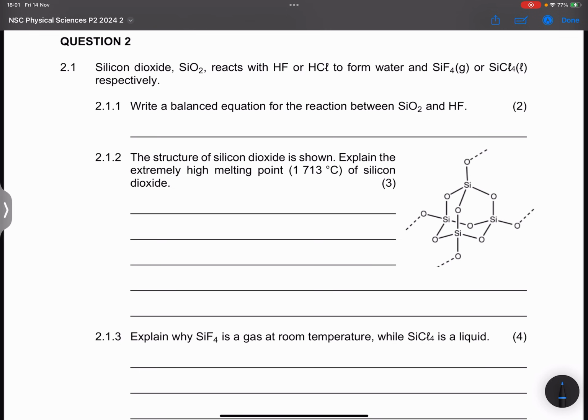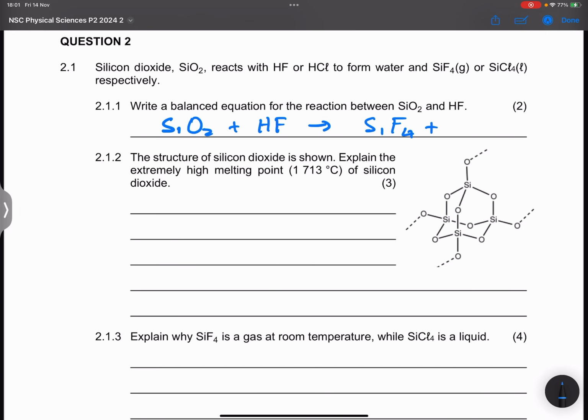So let's see, we've got silicon dioxide plus hydrogen fluoride, and remember they told us that they give us silicon fluoride as well as water. So we'll have silicon fluoride